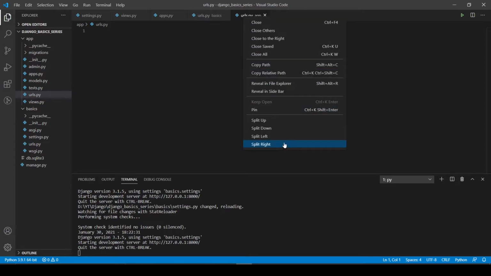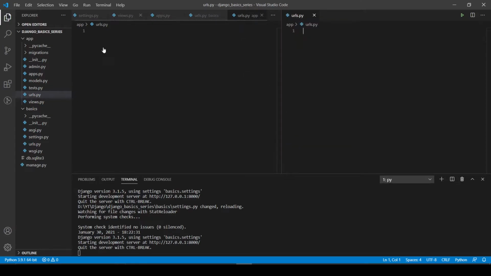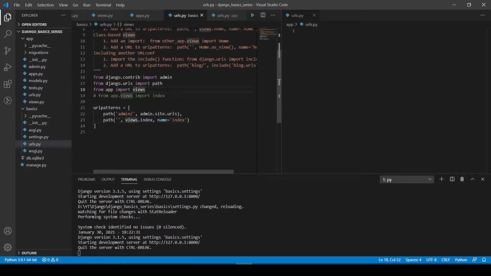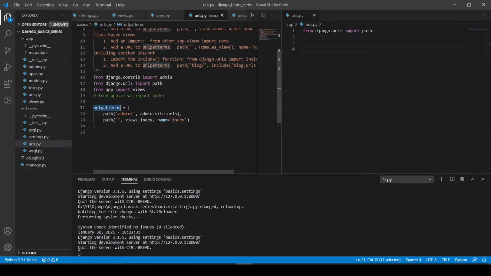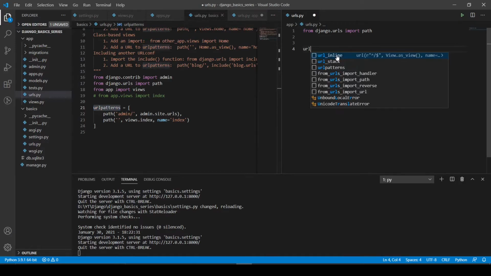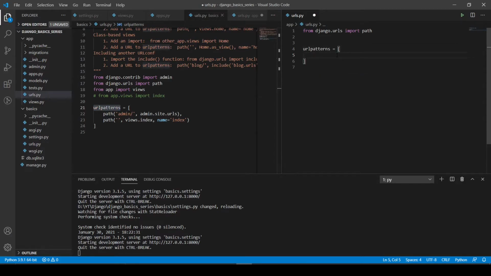I will split the view and open this urls.py. You want to have the path here, so I will import it: from django.urls import path. Then I can use urlpatterns in here. I will copy this and paste it.